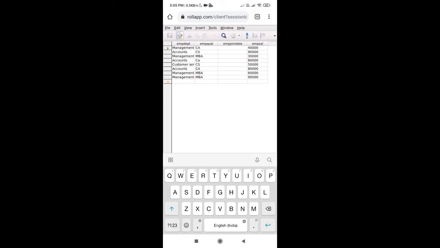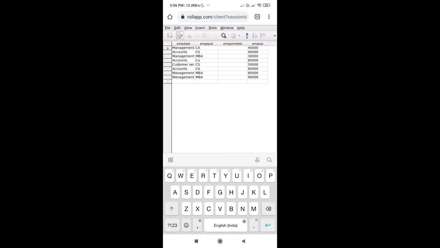The same applies to month. If you are taking a one-digit month like 1 to 9, take 0 before that, and by default it takes only the last 2 digits of the year, so you can directly write the last 2 digits.